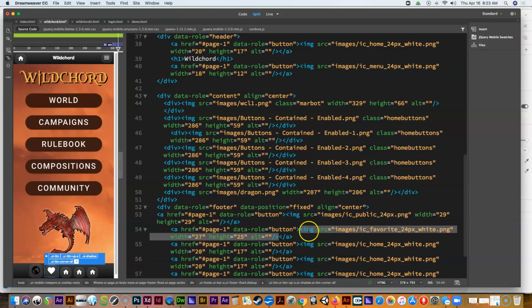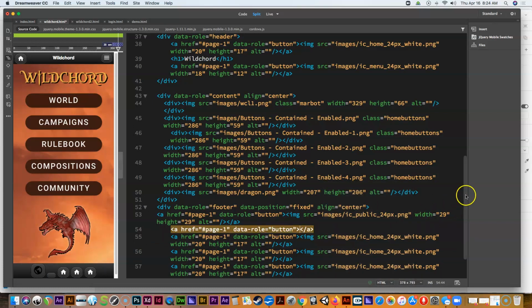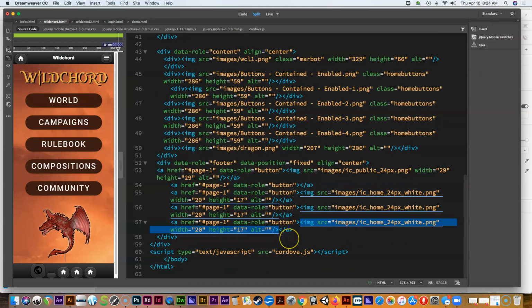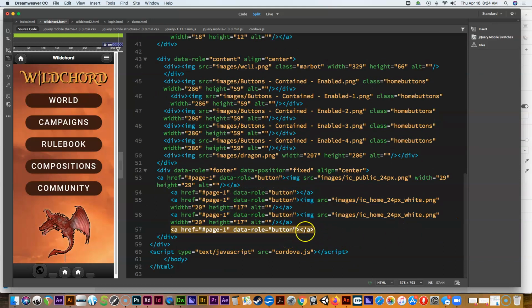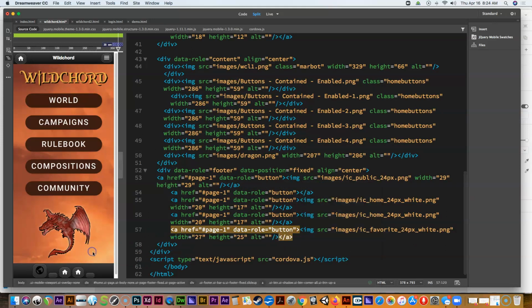And of course, this favorites one is the last one. So I'm going to grab that, cut that out of where I put it here, and actually put that one in as the last one. So I'll replace this, get rid of the home in there, and then just paste this in. And so now we've got the heart at the end, right? So let me just drop in the ones that I do have. So let's see, I've got the heart,